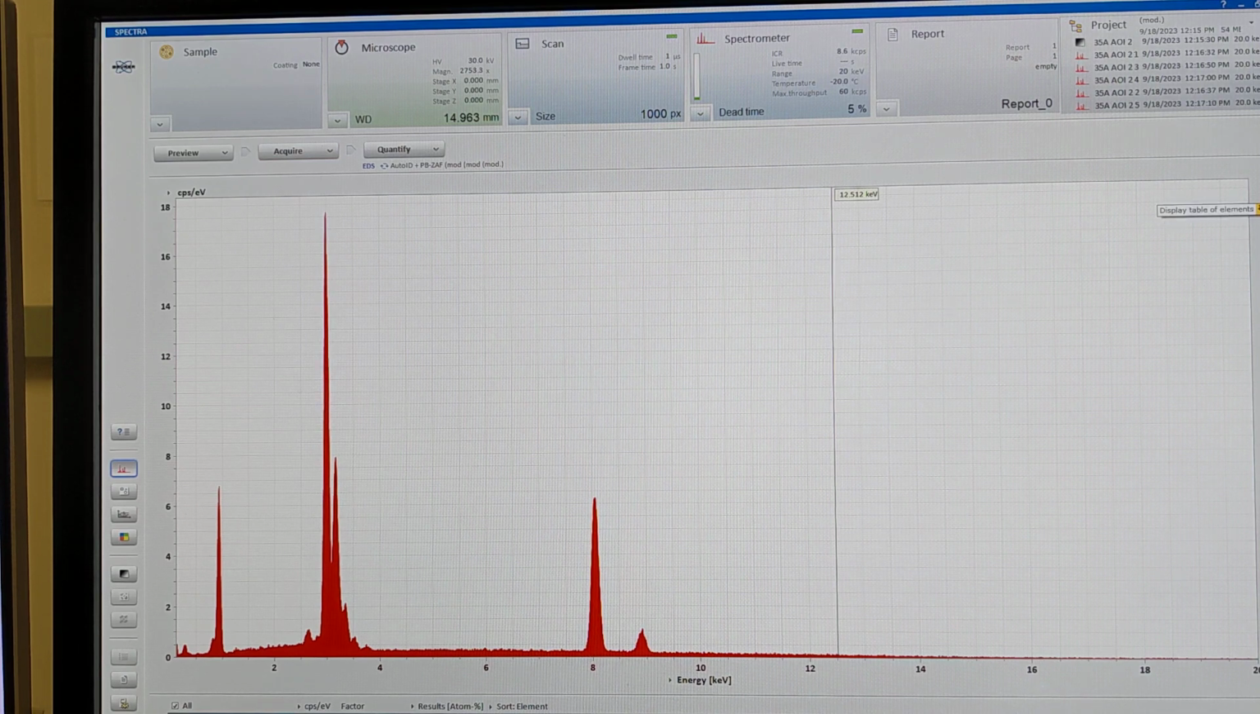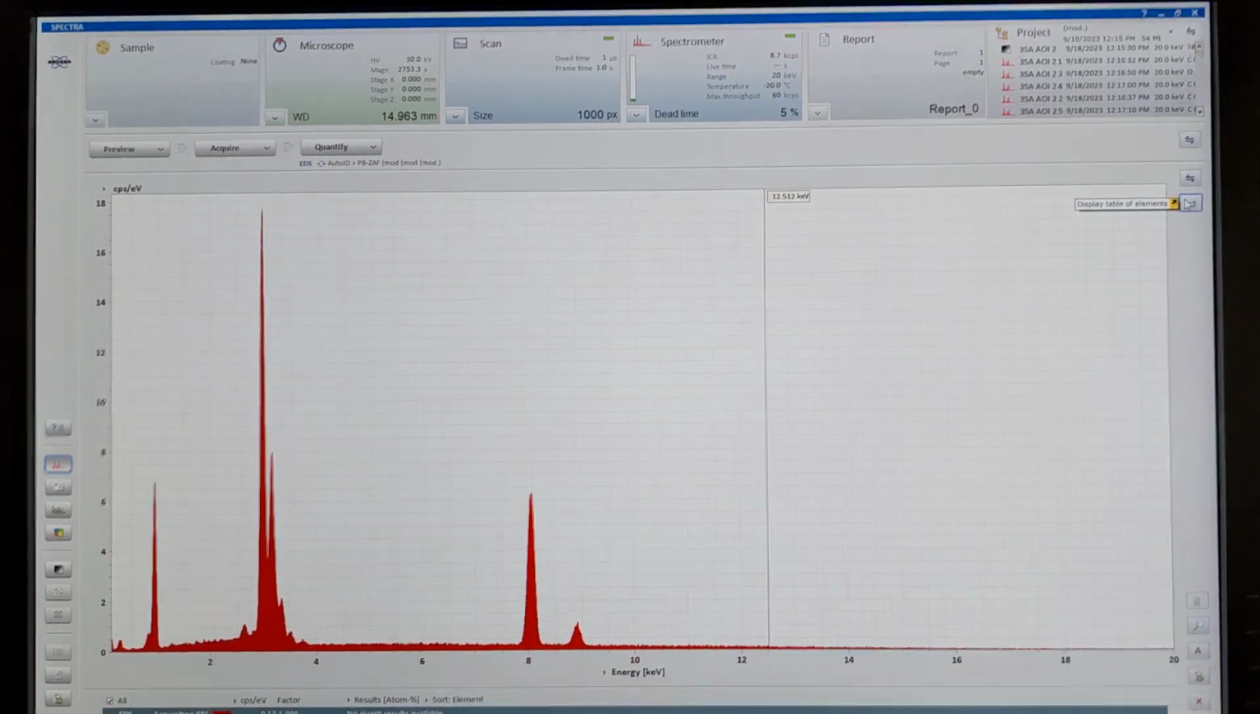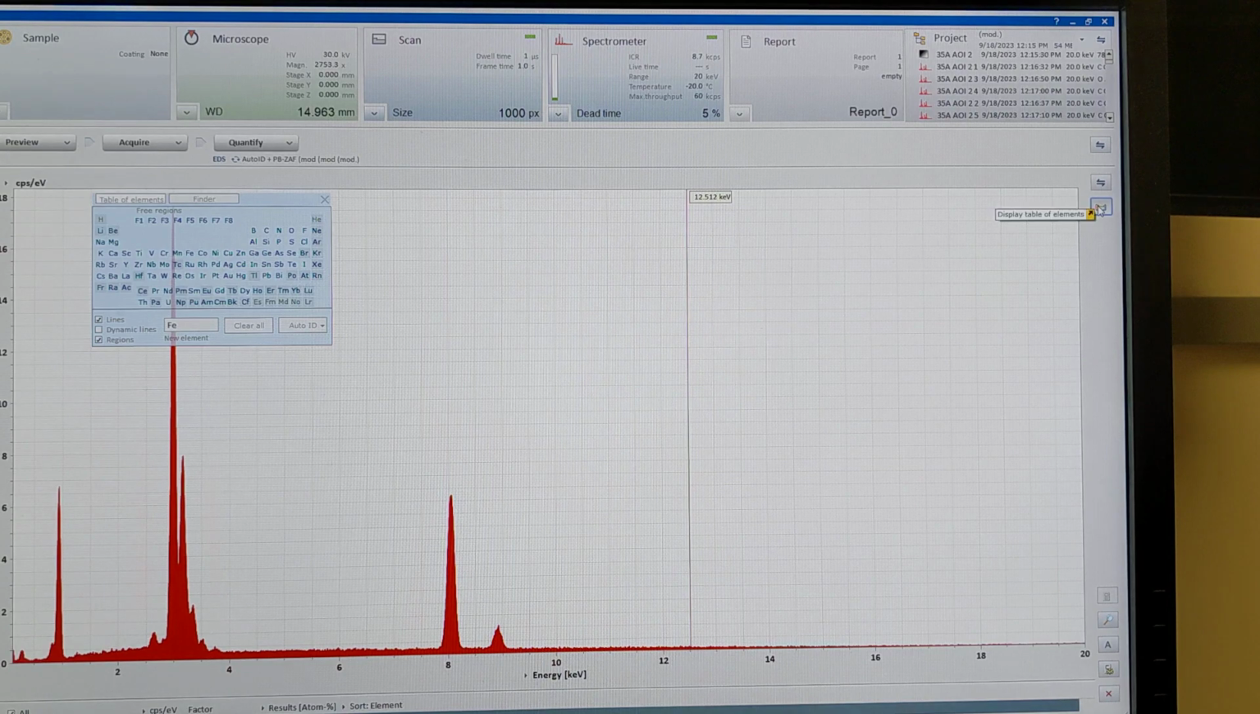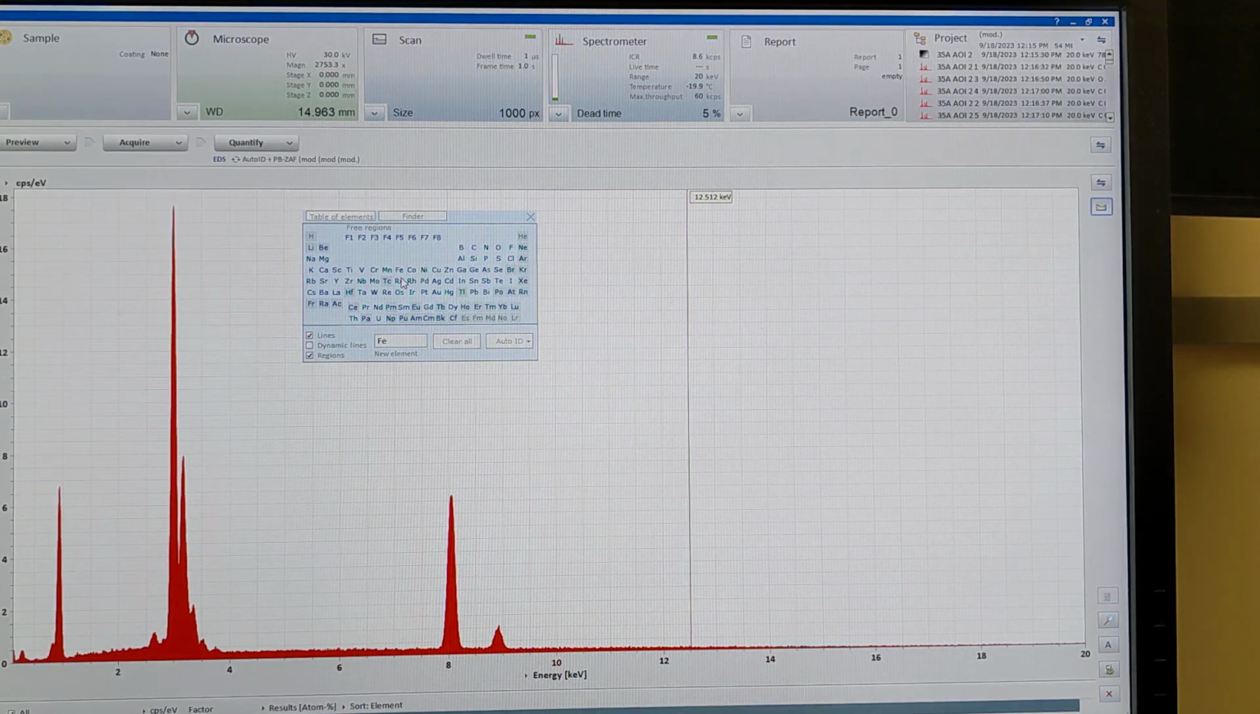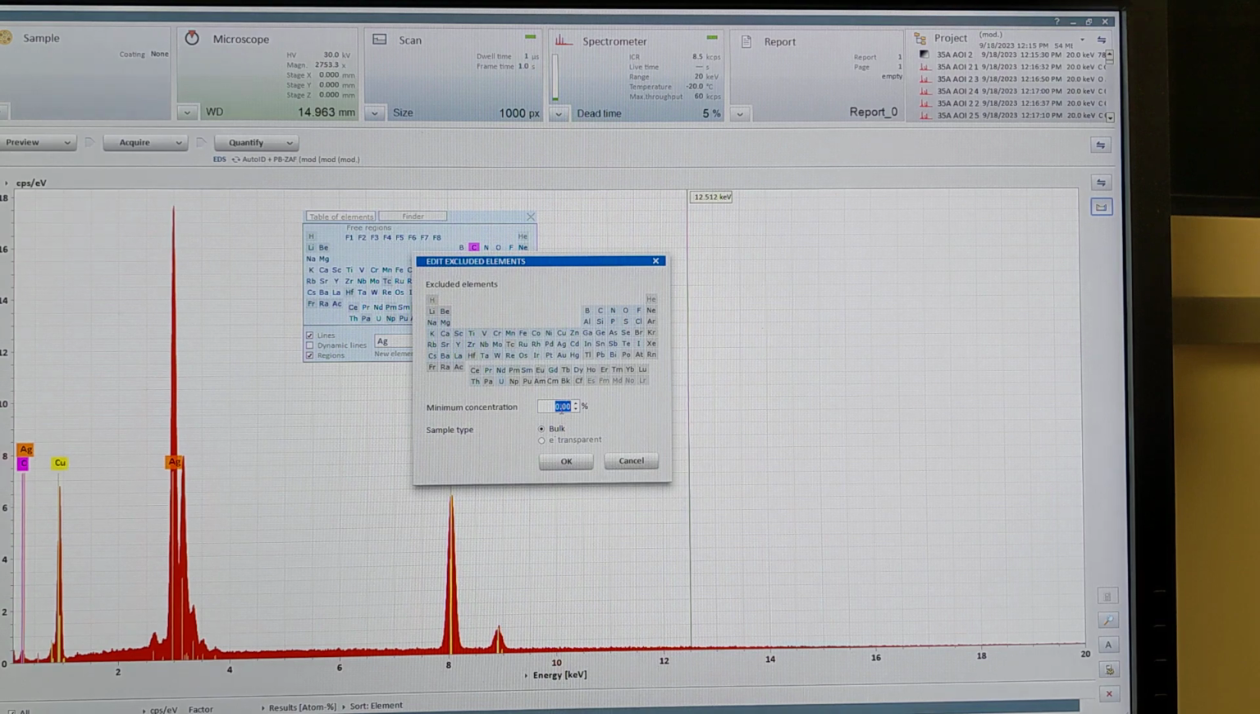So we have a spectrum, but we don't know what these elements are. There's a button here on the right side, which is the periodic table of elements. From there, you can add and select elements as you wish, or there's a button down here that says Auto ID, and you can hit that, and that will identify the elements present. If you use this little drop-down, you can define the minimum concentration, or if you want it to ignore some elements, you can deselect them. But this is more specific. So we'll do Auto